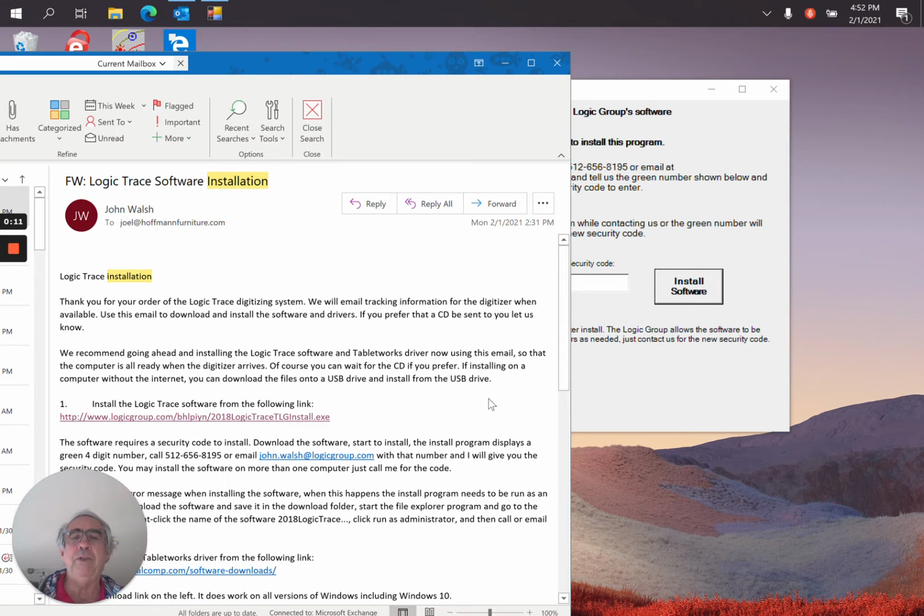I will have emailed you an installation email, Logic Trace software installation, or the name of the program installation, and it will have in there a link to download the software. It will have instructions on how to install the software, and there will be videos that show how to use the software program. So in that installation email, just click the link to download the software and it will download